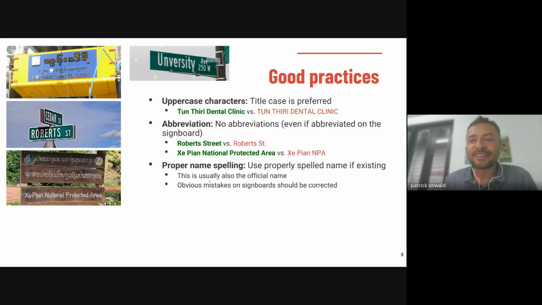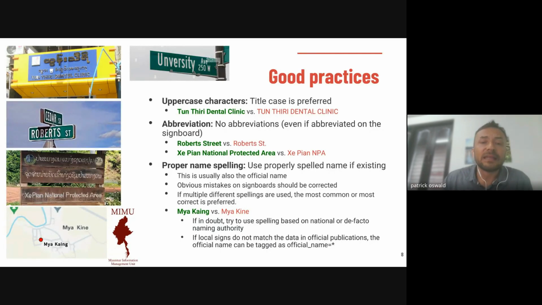Or, you know, we are in Asia, and especially I see it often in Laos and Thailand, people sometimes have funny ways of writing things in the English language. It's funny, but for the database, it's better to have it written in the correct way. The other thing when we talk about spelling is also, for